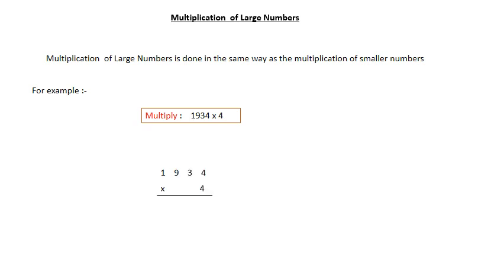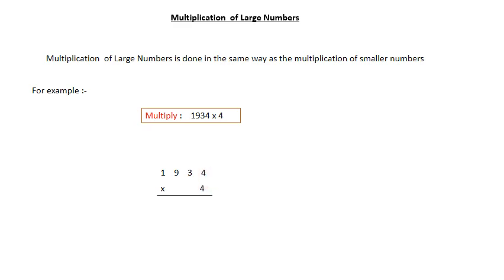Let's see how we have done it in the previous class. Now students, what have we done here? We have taken 1934. This we are going to multiply by 4. Now we must know the 4 table. So we are going to multiply each number by 4. So how are we going to write it down? 4 4s